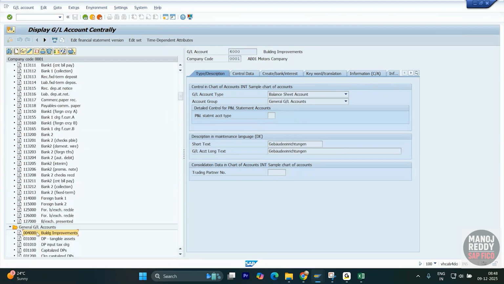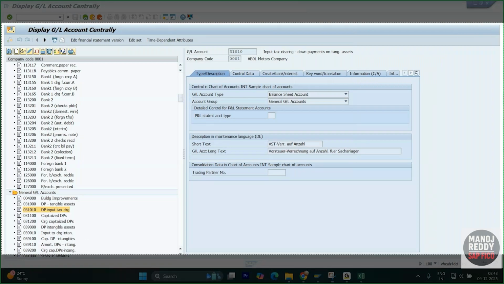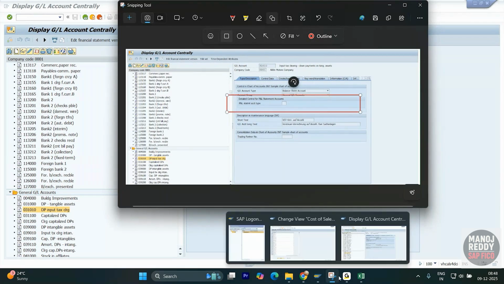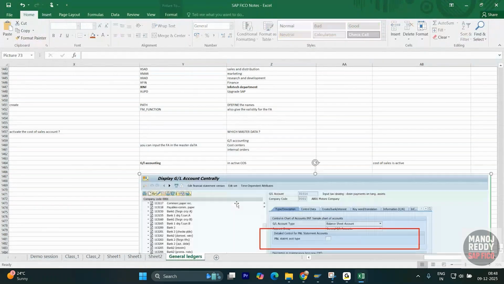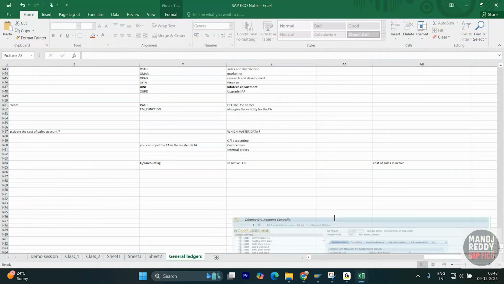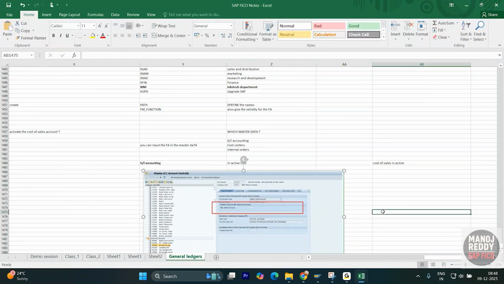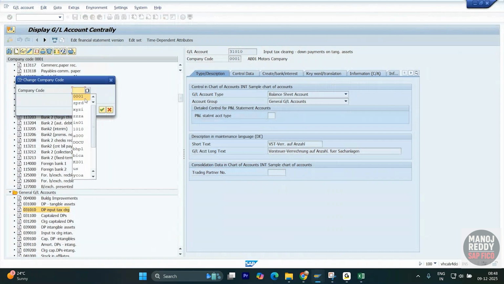So general GL accounts. If you see here, you have this functionality. Your screen will be displayed like this when cost of sales is not activated. Now, inactivate cost of sales account. So where the cost of sales is activated, suppose take